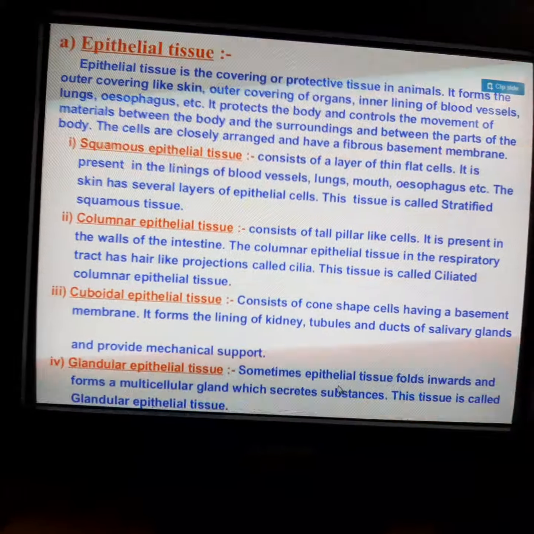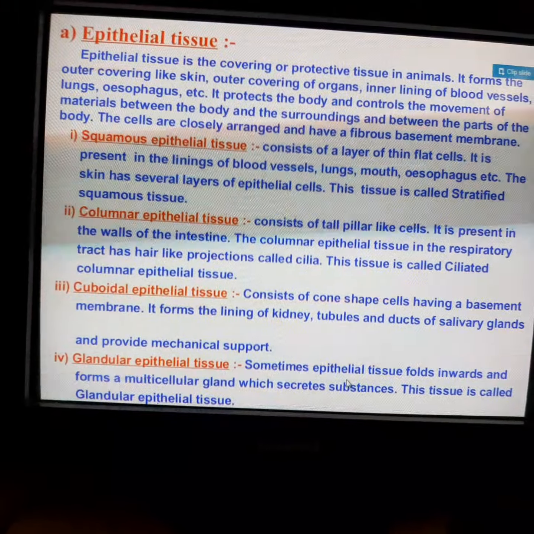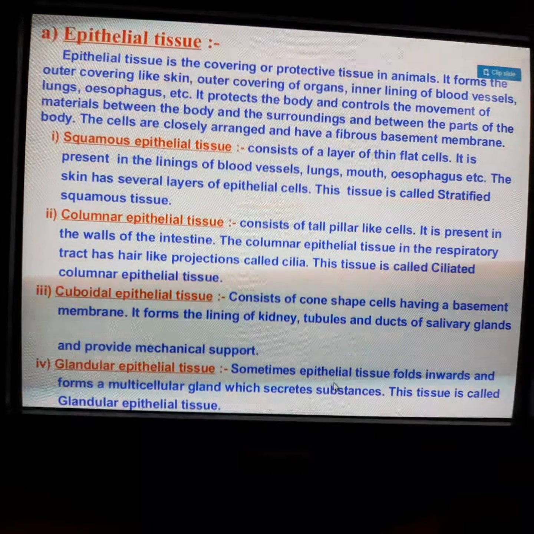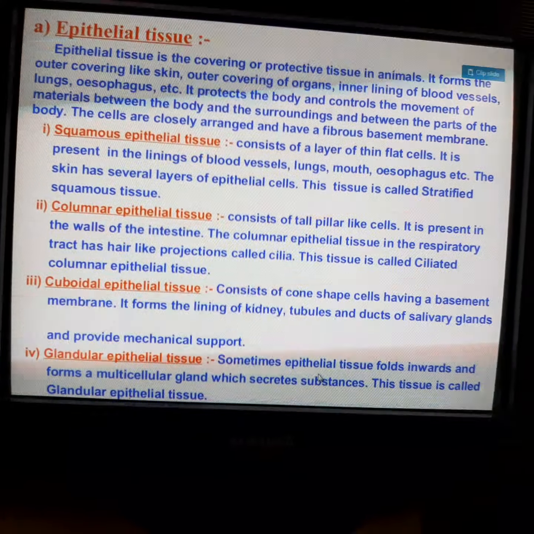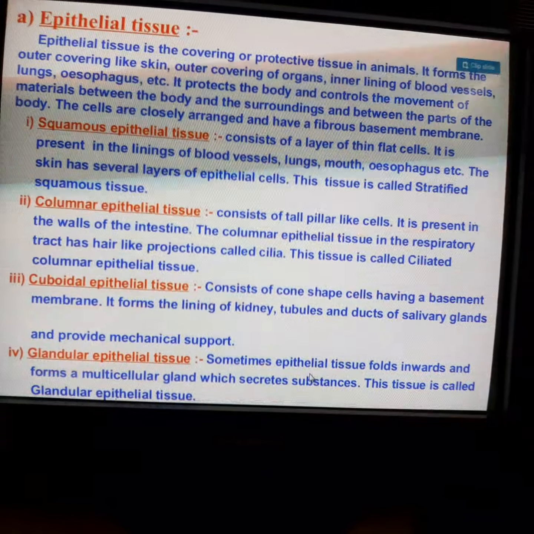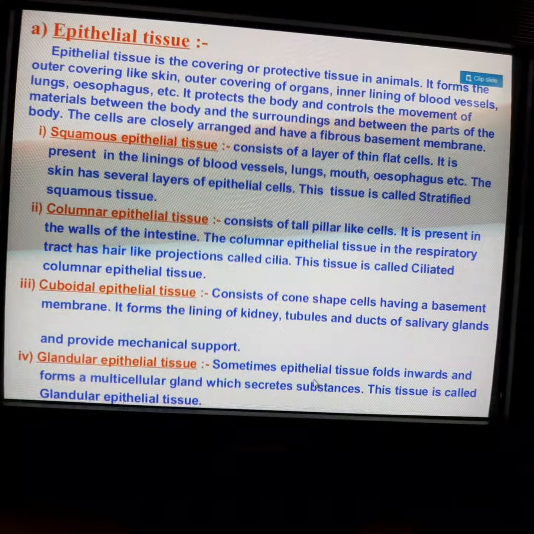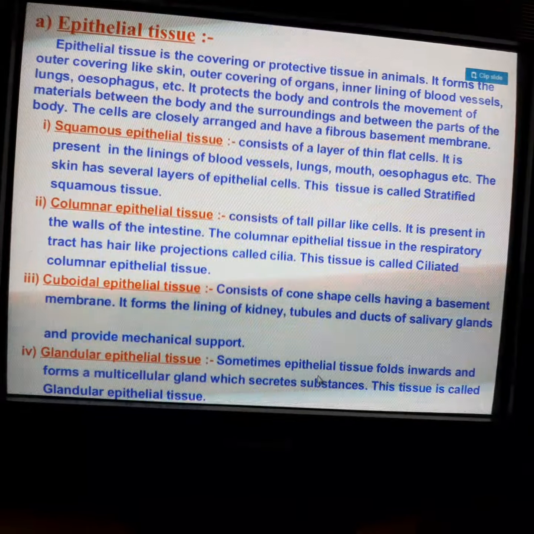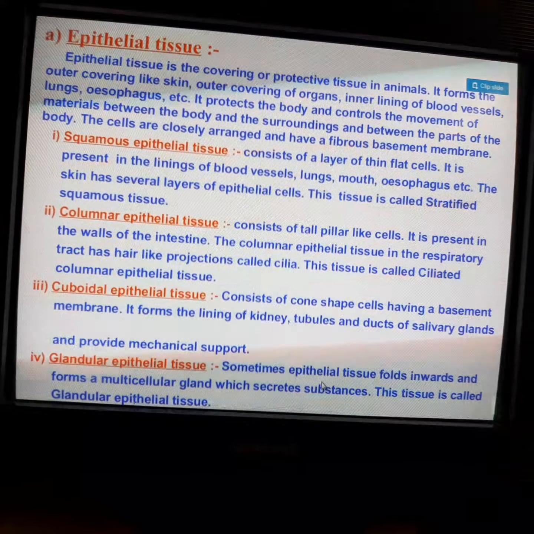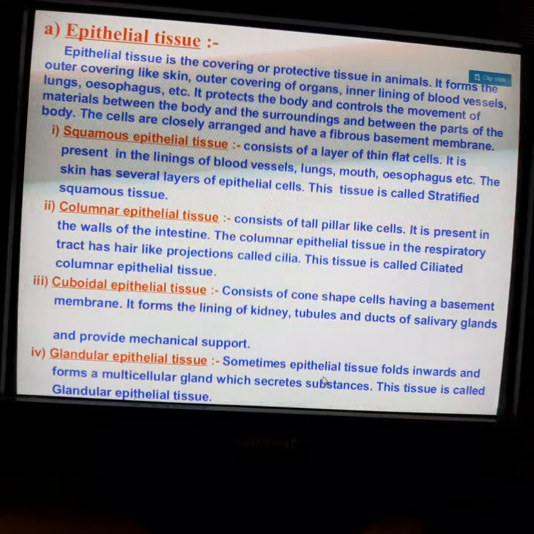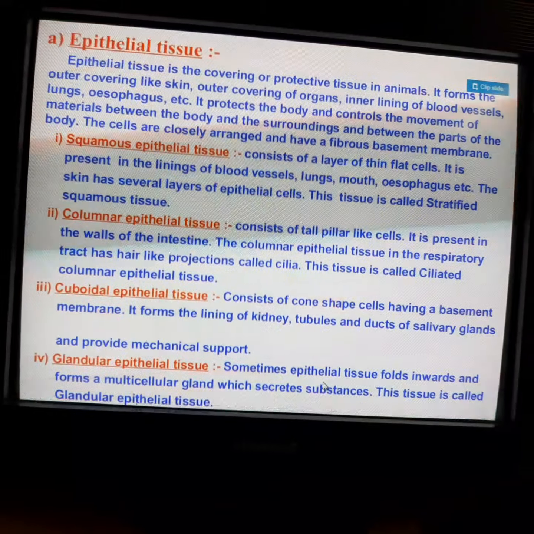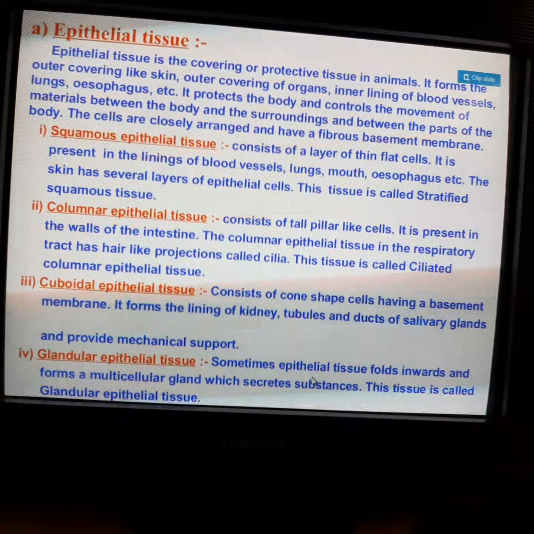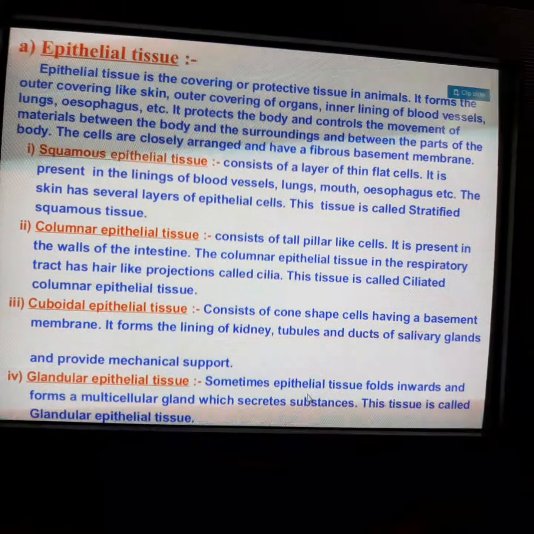Now coming to the different types of epithelial tissues. First, the simple squamous. It has a delicate lining in the cell and possesses a flat thin structure. These are mostly found in the alveoli in the lungs, and Bowman's capsule in the nephron of the kidney. When the squamous epithelium is arranged in several layers, it becomes the stratified squamous. It forms a thick covering, so it is mostly found in skin.